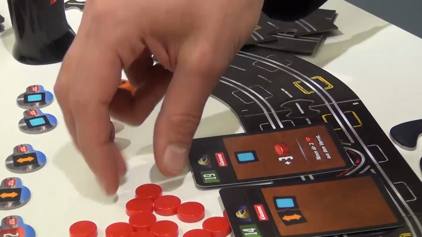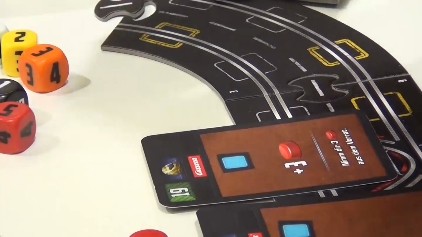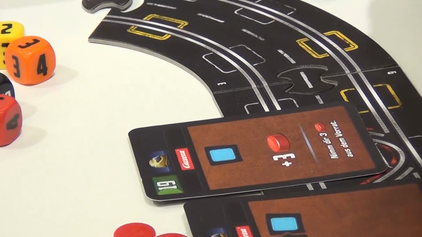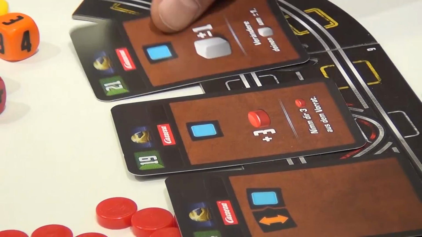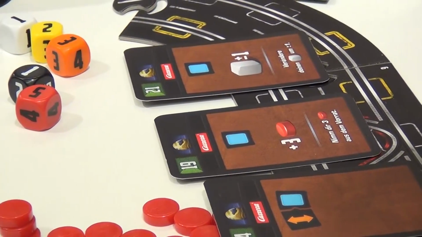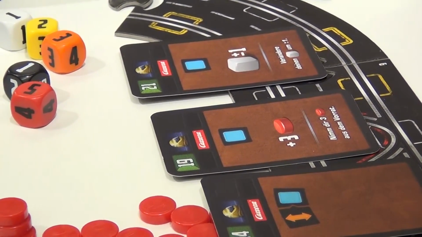On every card you gain these coins that you need for different things, or you can manipulate the die. So that's quite simple what you do here. The clue is